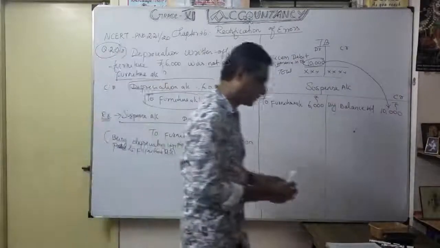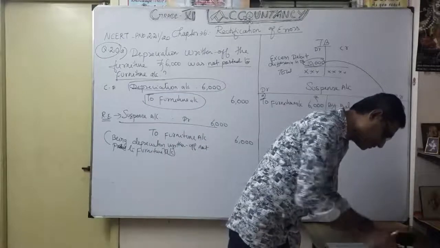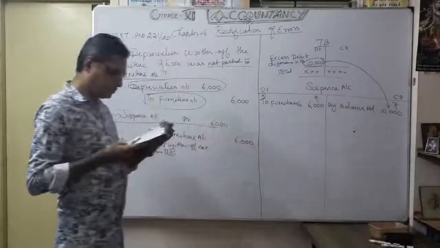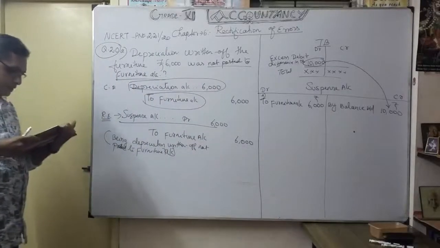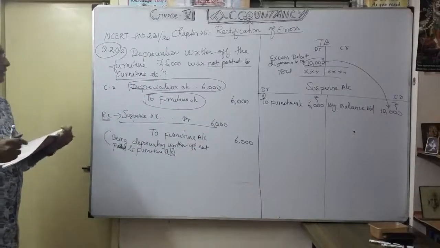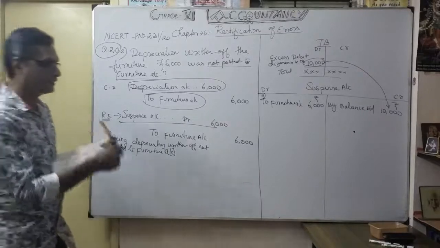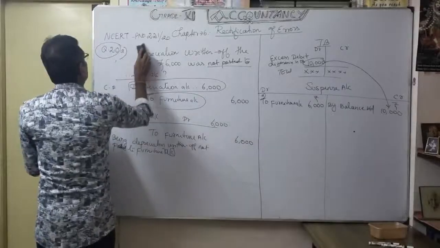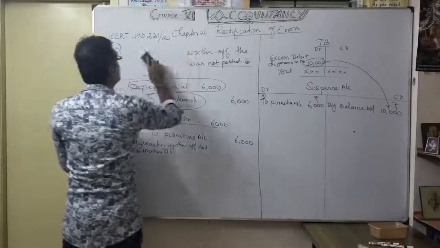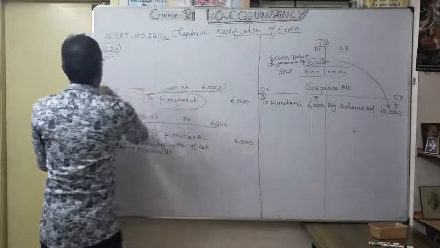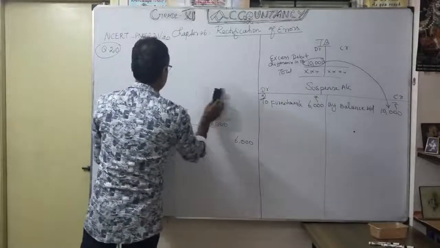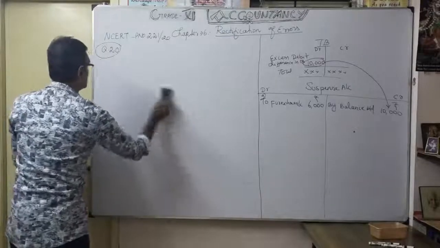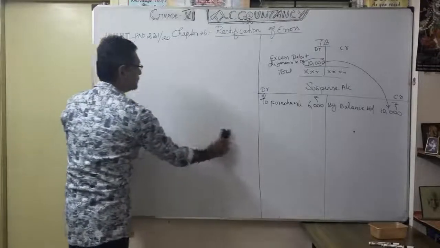So what is the second one? Credit sales. See here: credit sales to Reuben 10,000 were recorded as 7,000. It's a very interesting entry. So I will clear this one, and now we are going to discuss transaction B. What error? Now we are going to locate the error in the particular transaction. You understood now? Transaction 1. Now go for the next one.